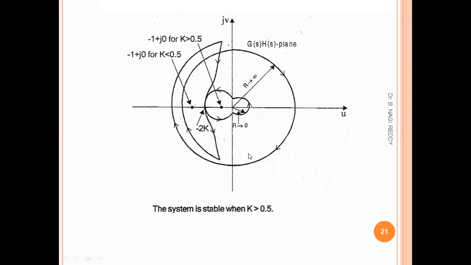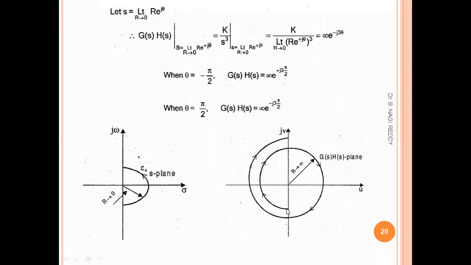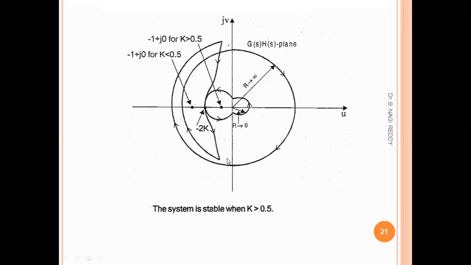So this is C3. And what about C4? The C4 is starting here, which is at minus infinity, and it has to make a 540-degree rotation, and it has to close at plus 90, which is minus 270 degree. It has to start at plus 270 and close at minus 270. So club here. So it is starting here. That means the C3 curve is clubbed to C4.